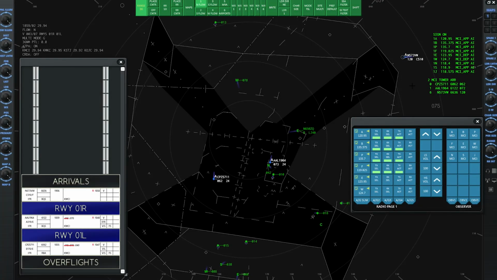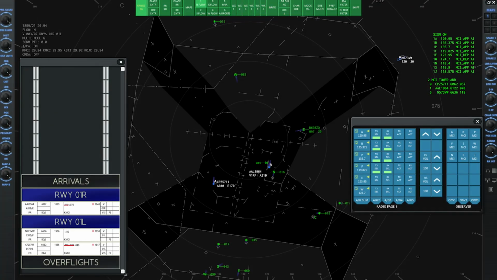November 573, Whiskey, correction. November 573, Victor Whiskey, Kansas City approach, descend and maintain 1000, expect runway 1 left. Descend and maintain 1000, expect runway 1 left, Mustang 3, Victor Whiskey. Compass 5711, turn left heading 080. 080,